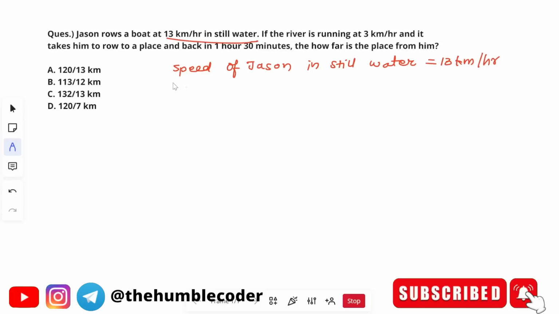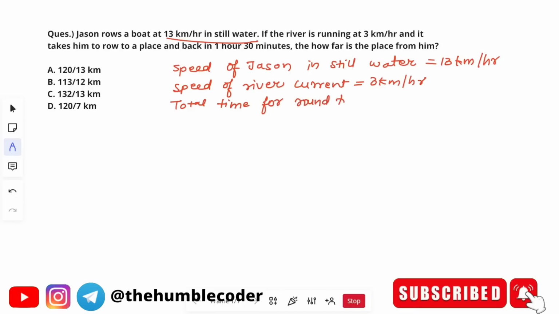The next data given is the speed of the river current, which is 3 kilometers per hour. So the total time for the round trip is given in the third sentence: 1 hour and 30 minutes. These are the 3 data given to us